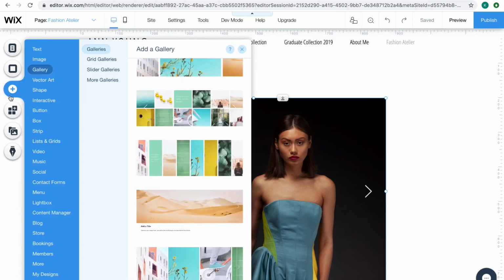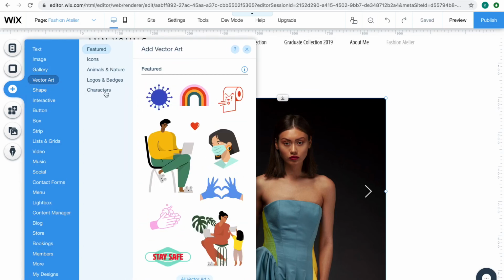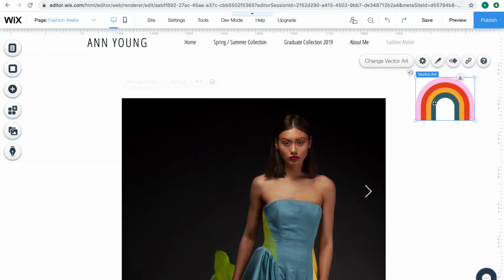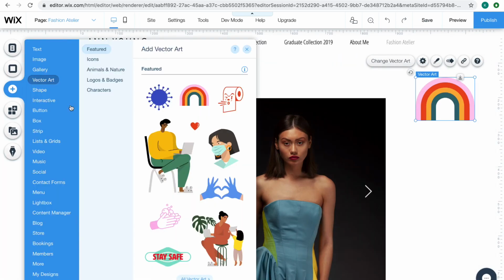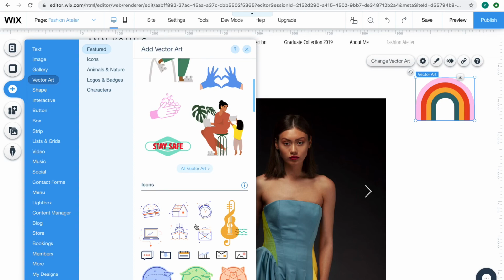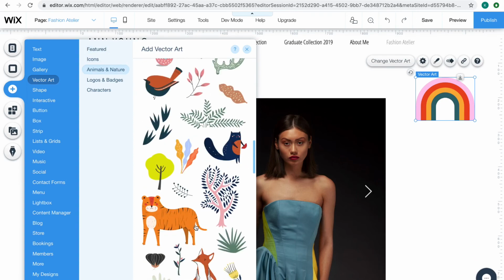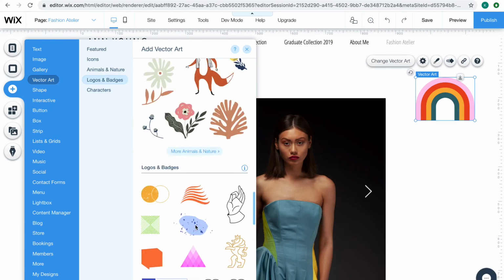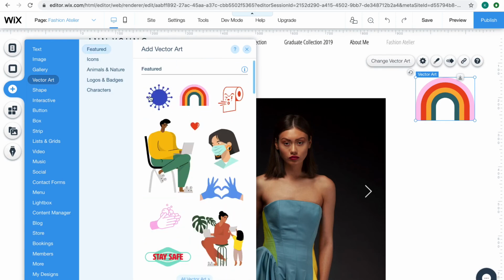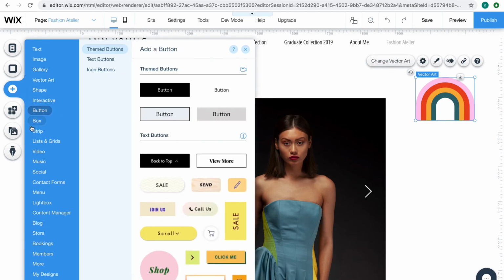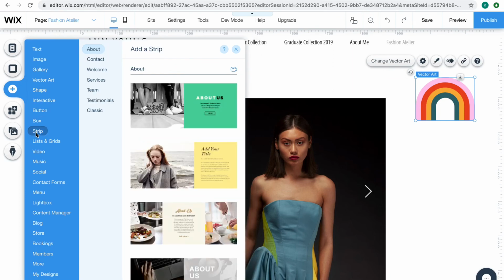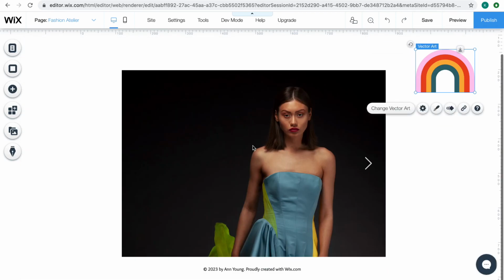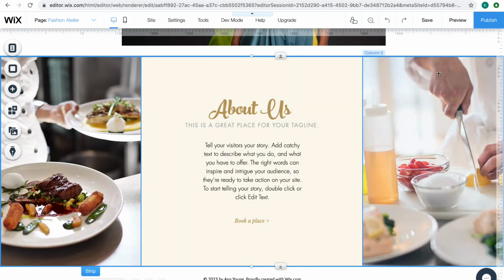That's quite interesting. So you can also add vector art. So if you want some illustrations that match your style, these are quite sweet. But again, consider your style and what you're trying to say about your work, so your photography. What else can we add? These are quite nice, these strips. They just look quite